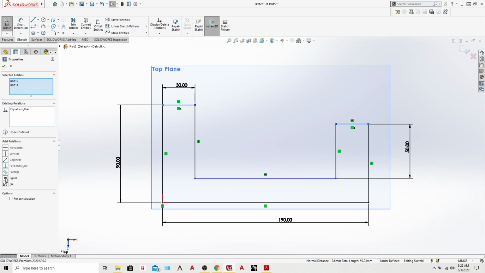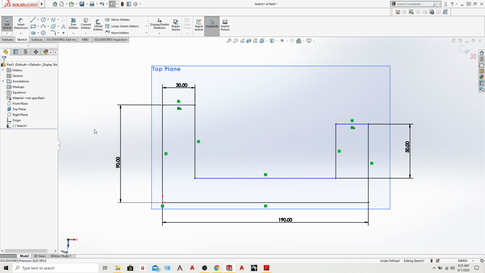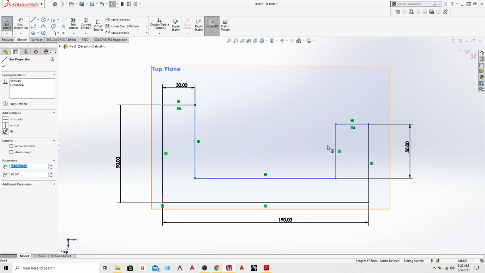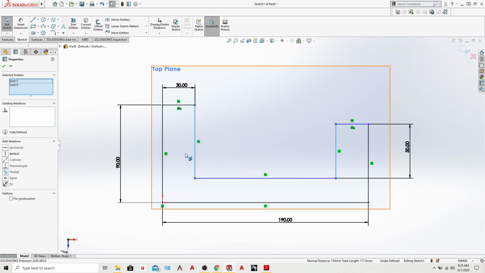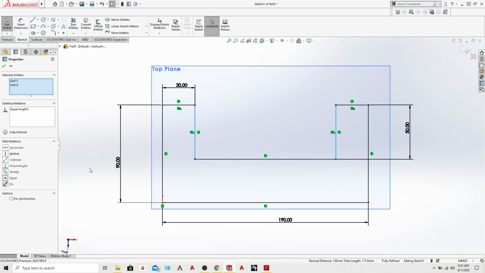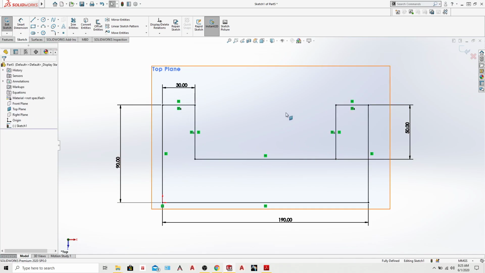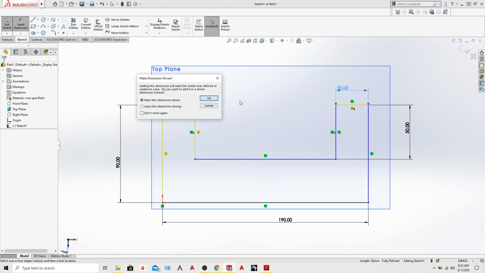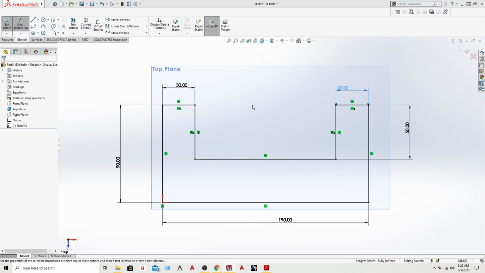So just go for equal, right? Similarly, select this and go for equal, right? That's how you can give the dimension,